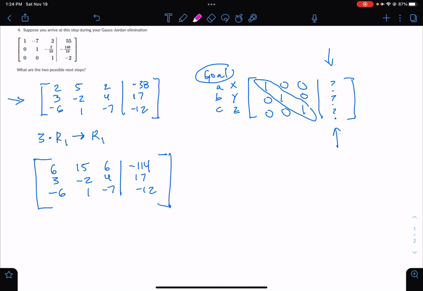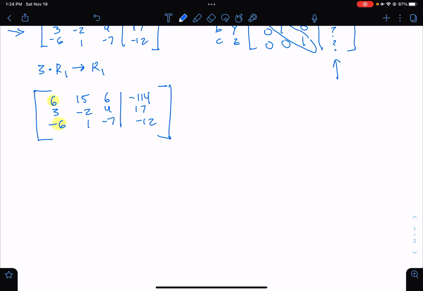And the main reason why we did that is because our next step after that would be to add those 2. So the second step would then be row 1 plus row 3 to equal row 3,